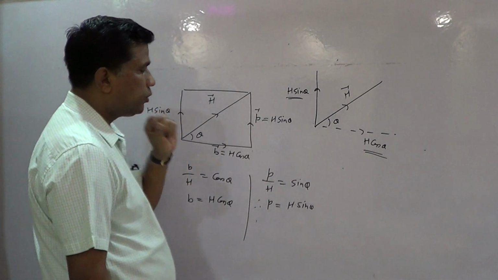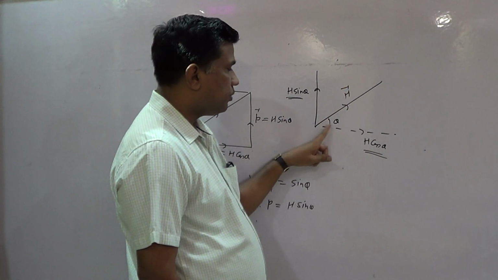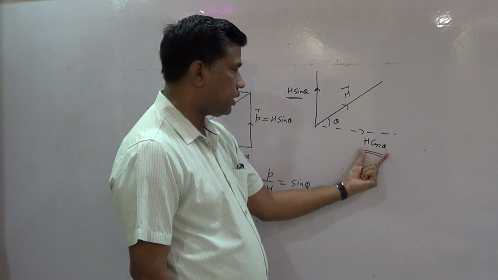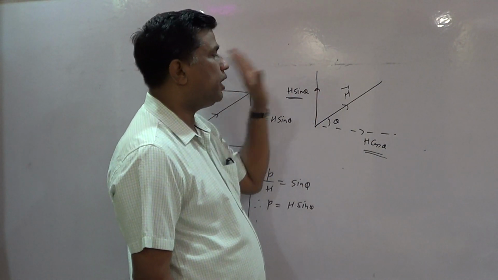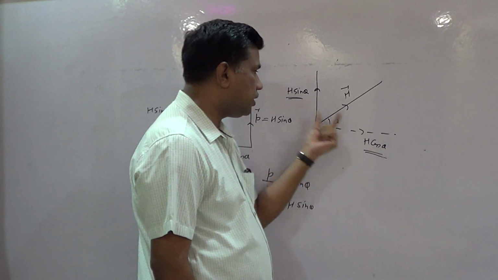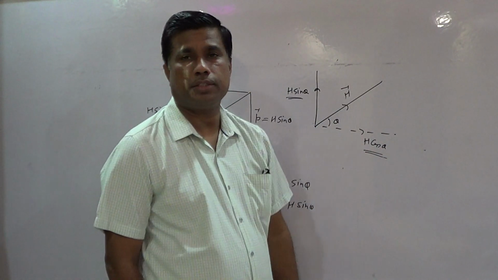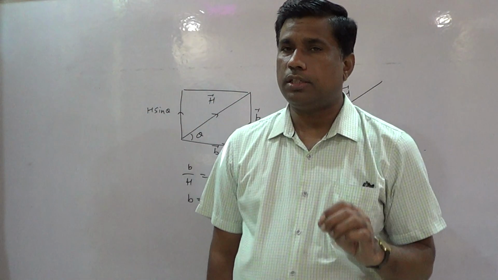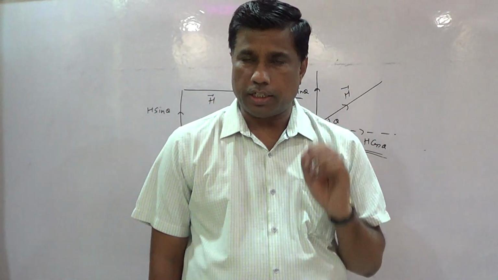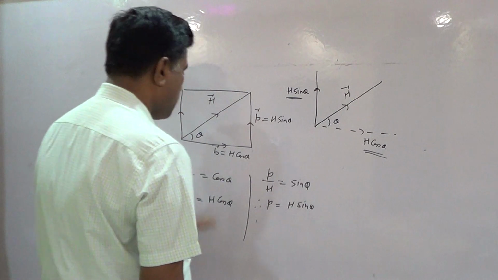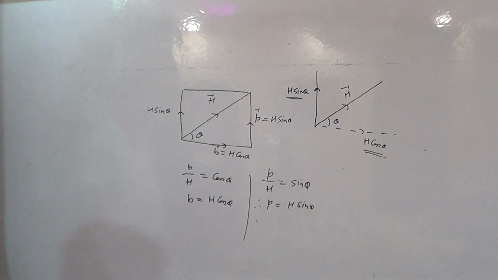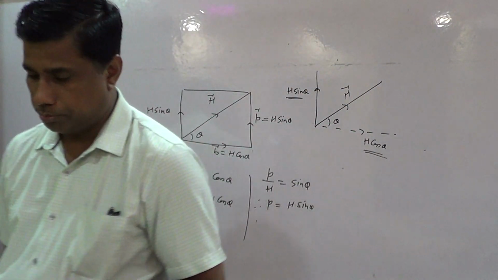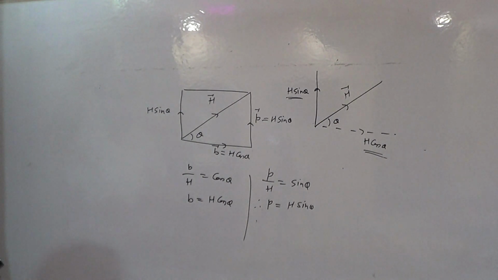So you can learn like this: if this is a vector h and this angle theta is known with one side, then along that side the component is h cos theta, and perpendicular to this the component is h sin theta. Student, if you add these two vectors, you can find this resultant h. So this h cos theta and h sin theta, the horizontal and vertical components, are called the rectangular components of this vector h. Student, you can write it, very important. When I say to write it, you can pause my video and write it to save your time.